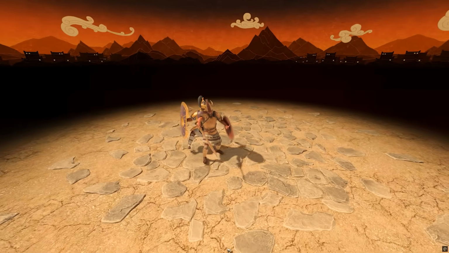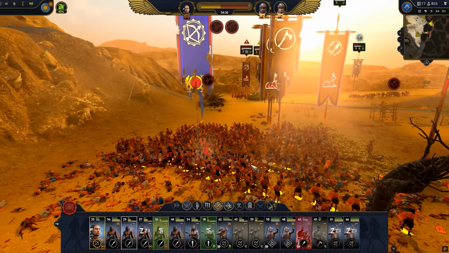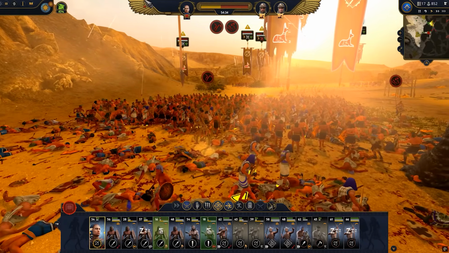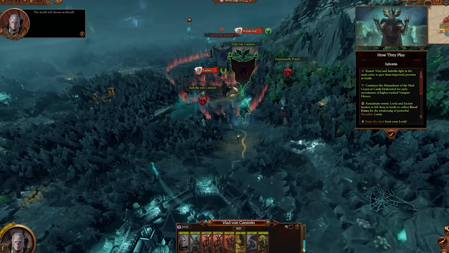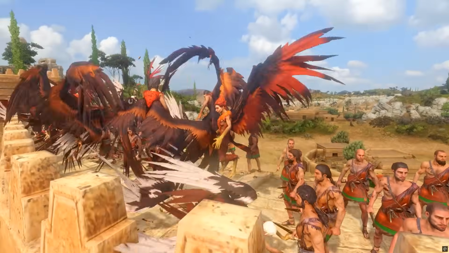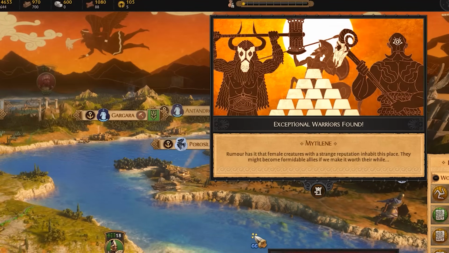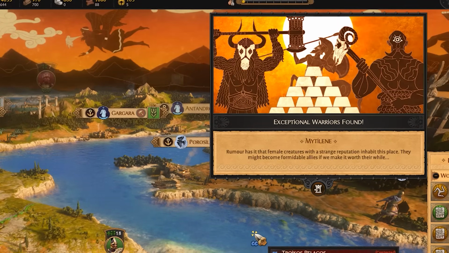Instead, games like Troy and Pharaoh sit in an awkward space, unsure whether to lean into grounded historical simulation or adopt the exaggerated story-driven flavor of Warhammer. This lack of identity creates a kind of confusion in both story and design, where the player is never quite sure what experience the game is trying to deliver.